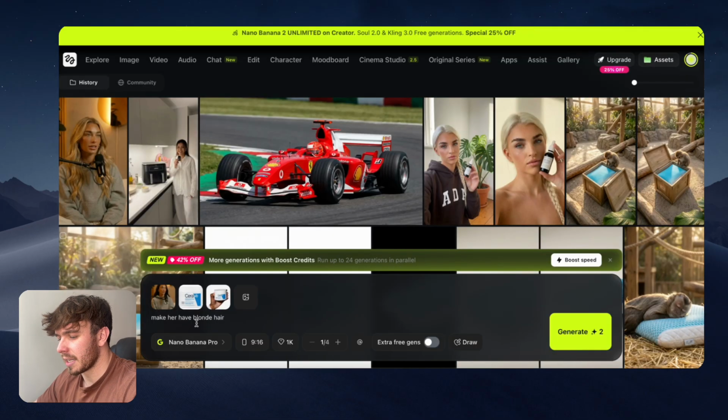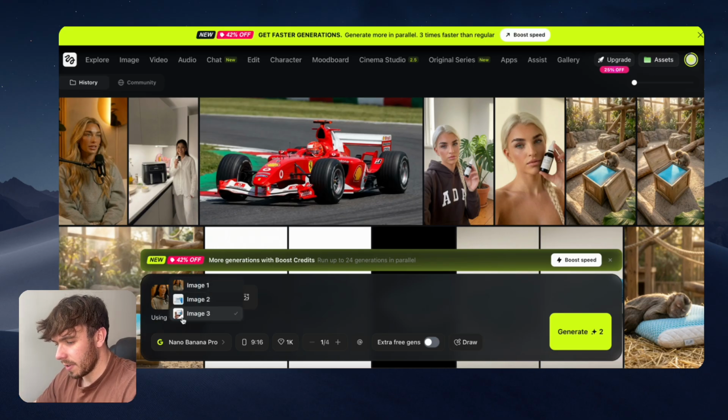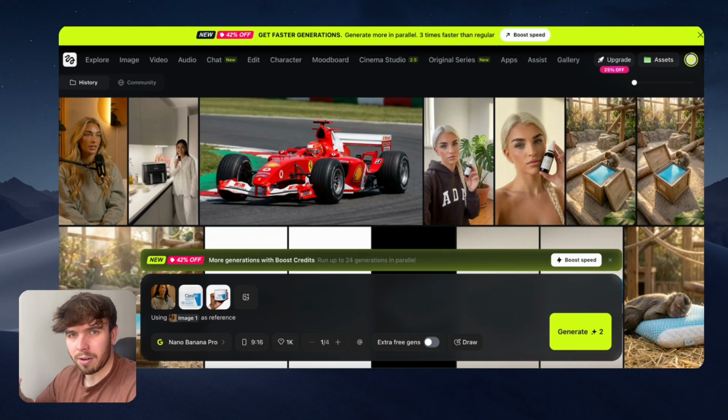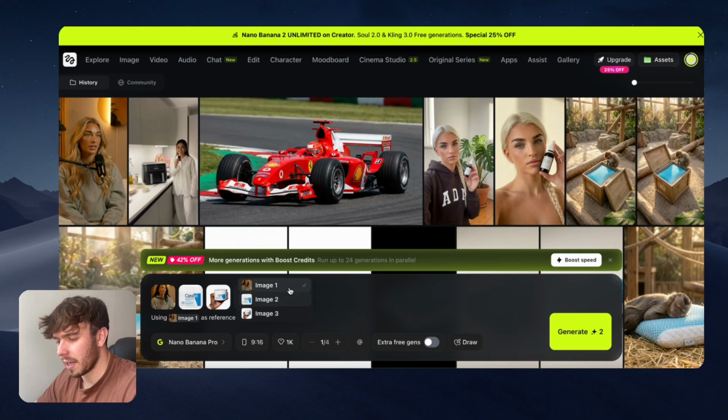I'm not going to go too much in detail, but if I wanted to prompt it with this AI model that I've got here, holding it in her hand, you can actually reference images within the prompt box. So I could say, using image 1 as a reference, and the way I did that, I used the @ symbol on Mac or Windows, whatever you want to do, it's on your keyboard, and that will essentially bring a drop down, just like I'm showing here, of all of these different things that are referenced in the prompt box. So using image 1 as a reference, make the character, I'll just say, hold the CeraVe